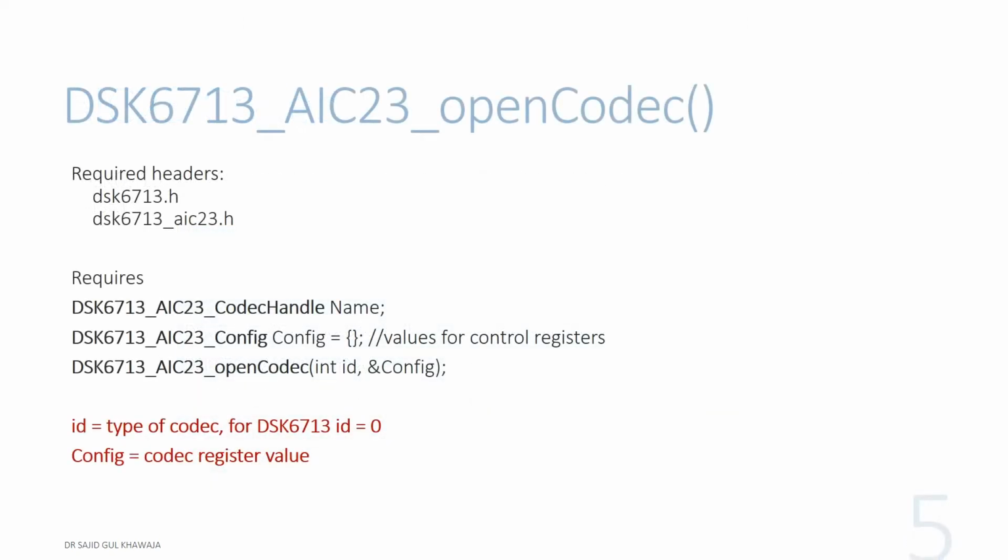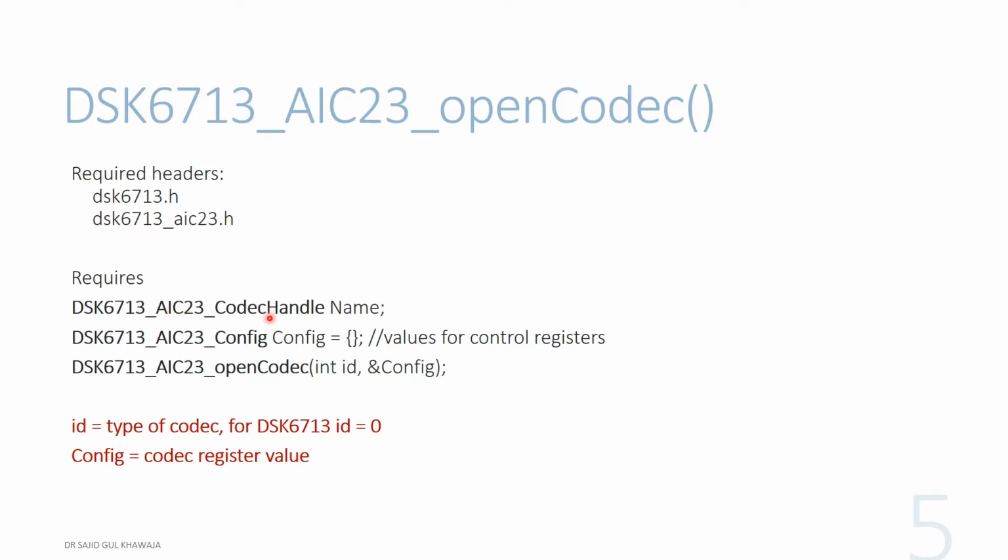Now, coming to the very first command, that is open codec. This command requires at least two of the headers to work correctly. Whenever we are going to work with AIC23, we need to add these two headers, that are DSK6113 and DSK6113 underscore AIC23. Because both of these header files contain the functionality that will be required while dealing with AIC23. The commands other than open codec which will be required to open a codec are DSK6113 underscore